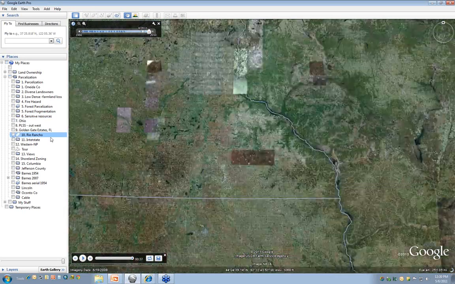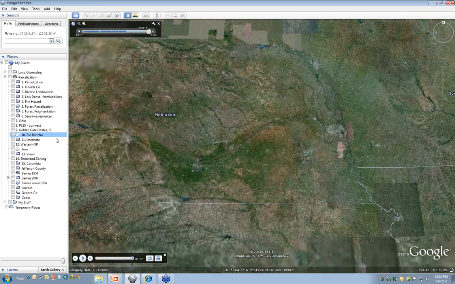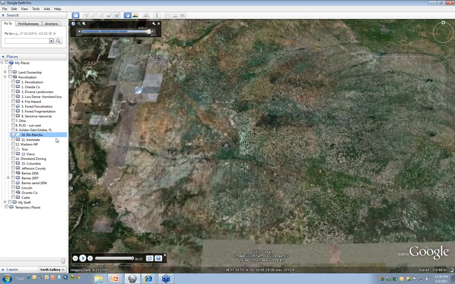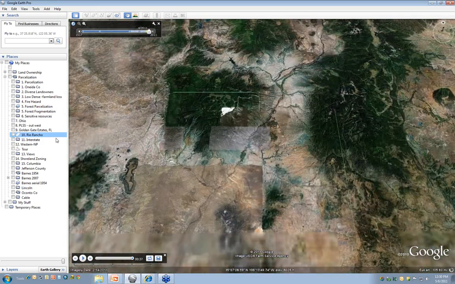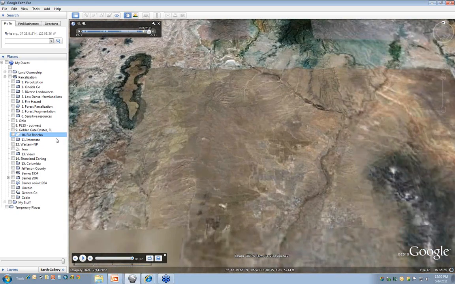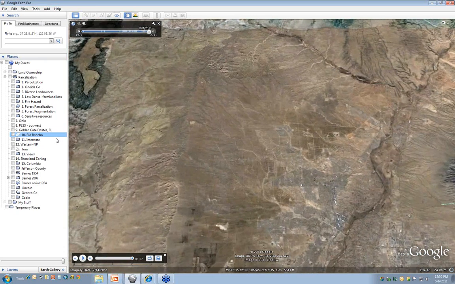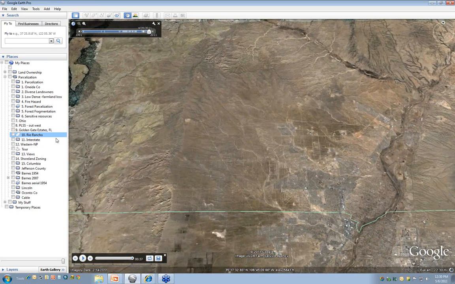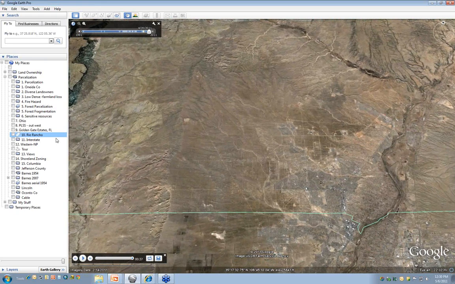This is an example of parcelization, really subdivision development, in the southwest United States, just north of Albuquerque. And it may take you a little bit to fly there with Google Earth, much quicker than a normal flight. And I'll wait for it to catch up.